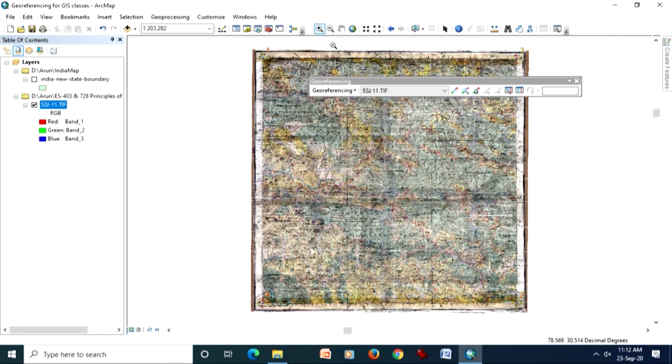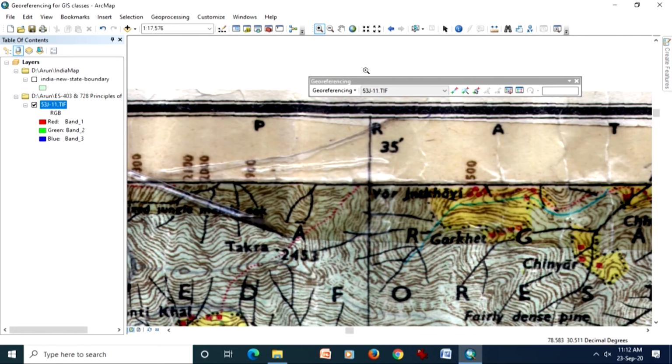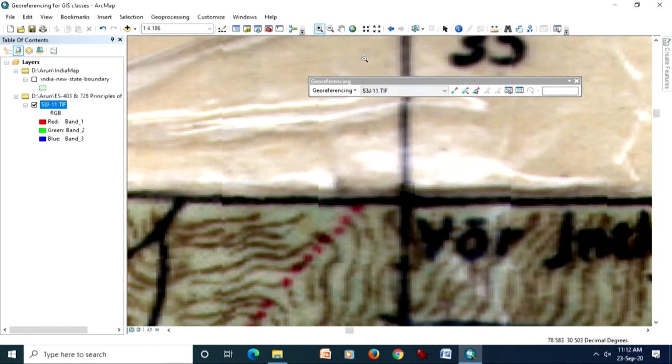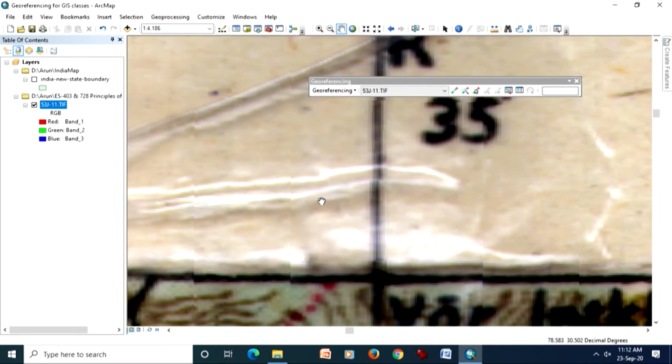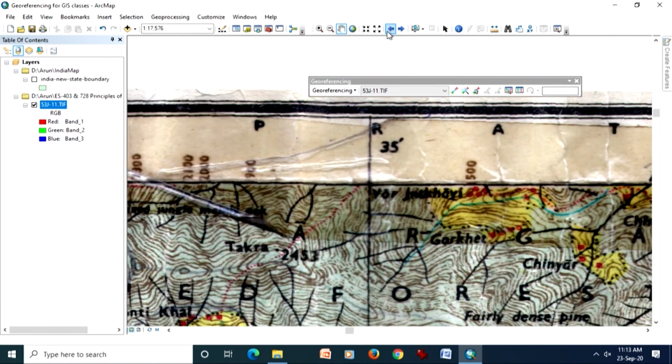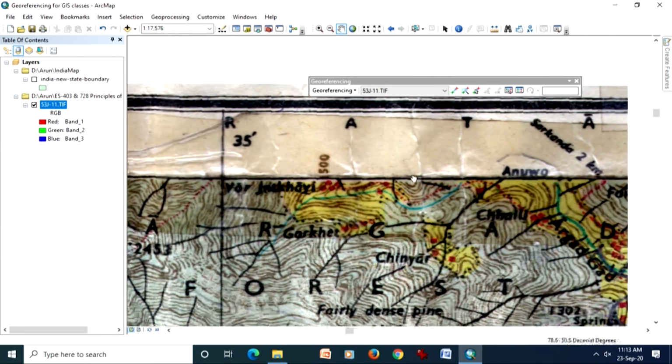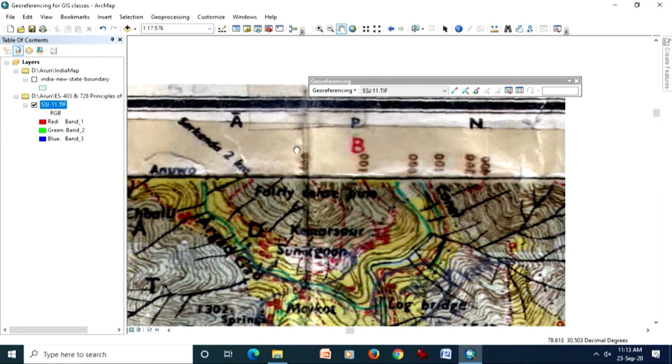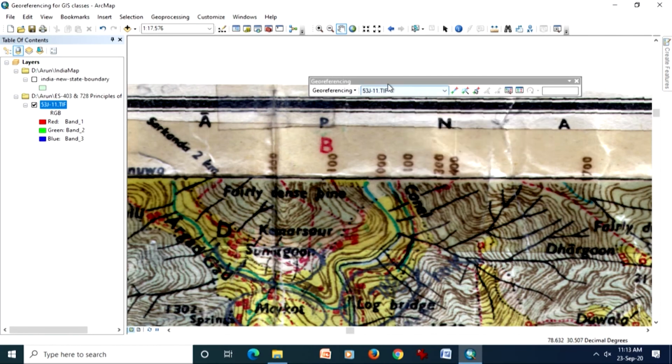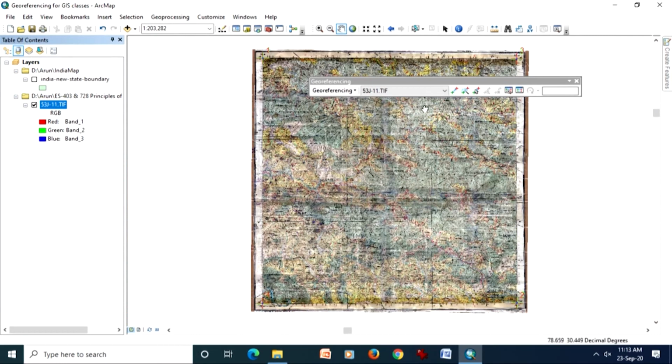So we will do 1 point here. So likewise we can collect many such layers, and once you have collected sufficient data, you have chosen the second order polynomial.